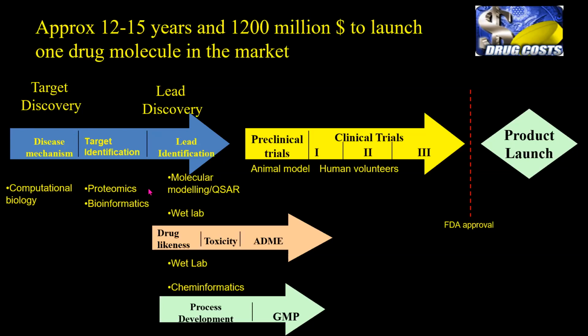We use tools like proteomics. We try to isolate the protein using two-dimensional gel electrophoresis, and then we use LC-MS to identify the amino acid sequence of the protein. Then we compare the sequence with existing proteins, using all the bioinformatics tools. Then if we can crystallize the protein, we can get the three-dimensional structure of the protein using an X-ray crystallographic instrument. So we get the 3D structure of the protein.